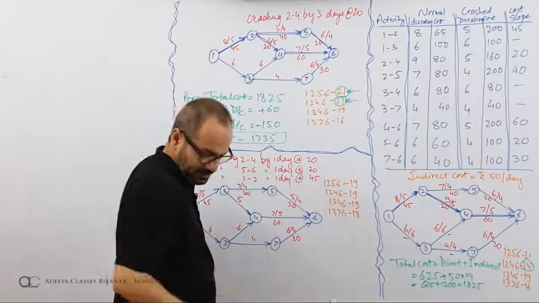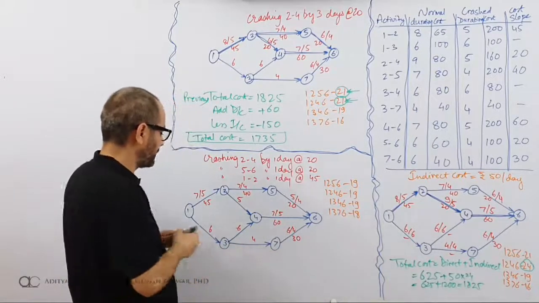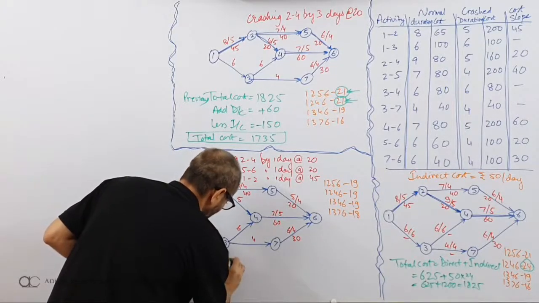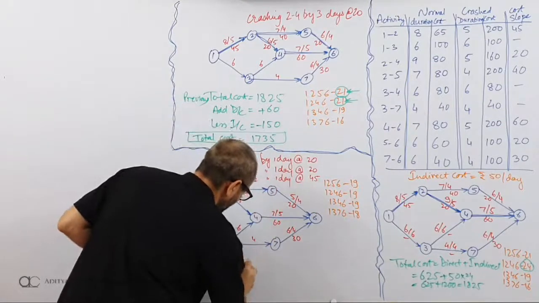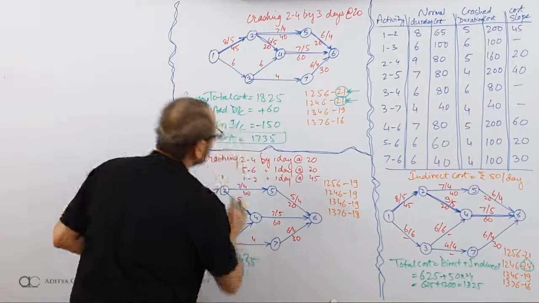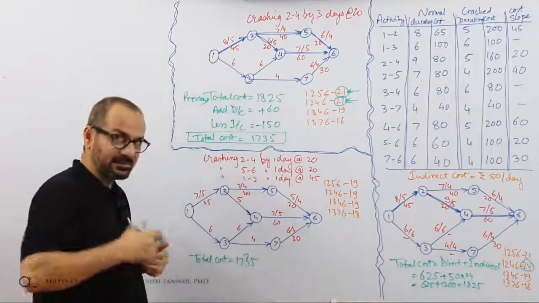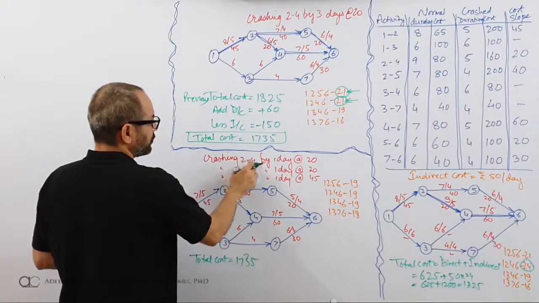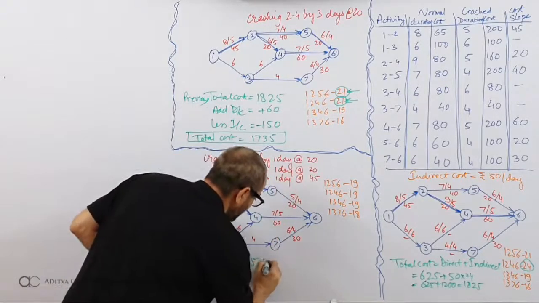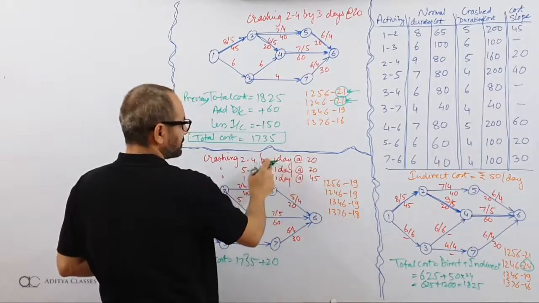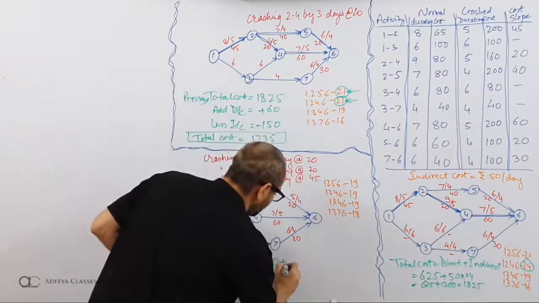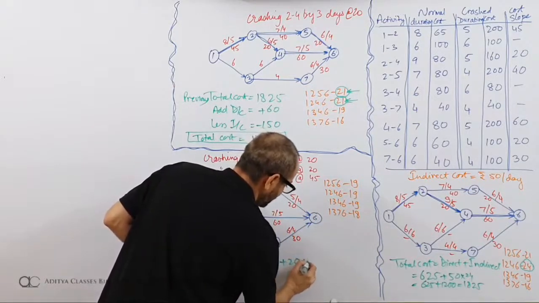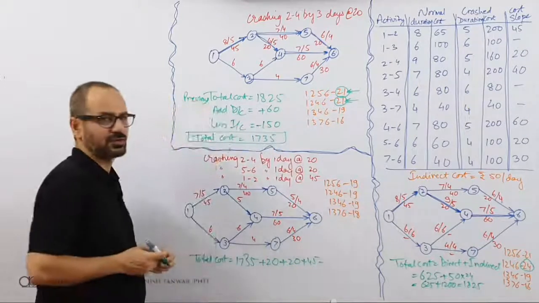So what about my total cost? Let me find out my total cost over here. What will be my total cost? 1735. For this network it was 1735. Then there is some increment, some additional price being incurred. What is the additional price? For 2, 4, 1 day at 20. 20 per day for 1 day. 20 per day for 1 day. 45 for 1 day. Plus 45. Then there is some reduction also.